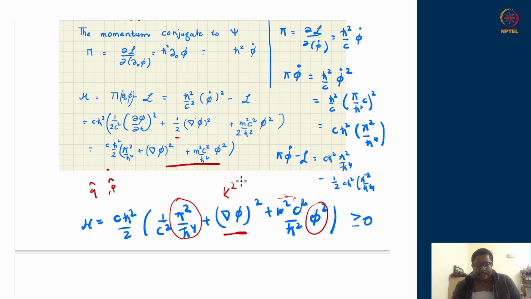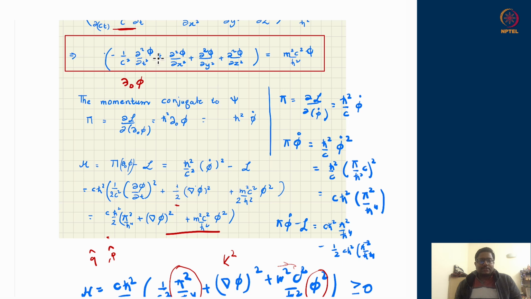One thing I should make clear here, in this discussion we had traded del 0 phi for momentum pi. That is a choice we made. In fact, we could have chosen not to trade del 0 phi but phi dot. There is this 1 over c difference between del 0 phi and phi dot. So del 0 phi is actually equal to phi dot upon c, because remember x0 means ct.